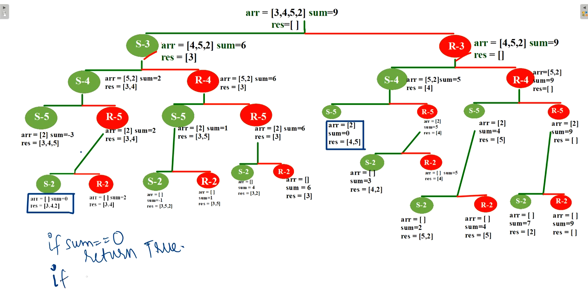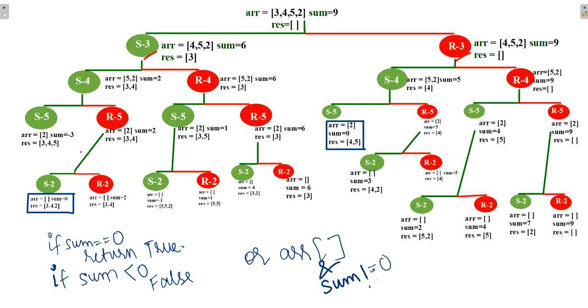But if sum is less than 0, that is, it is negative, it will return false. Or if our array got empty and sum was not equal to 0, it will return false. So these are the base conditions.